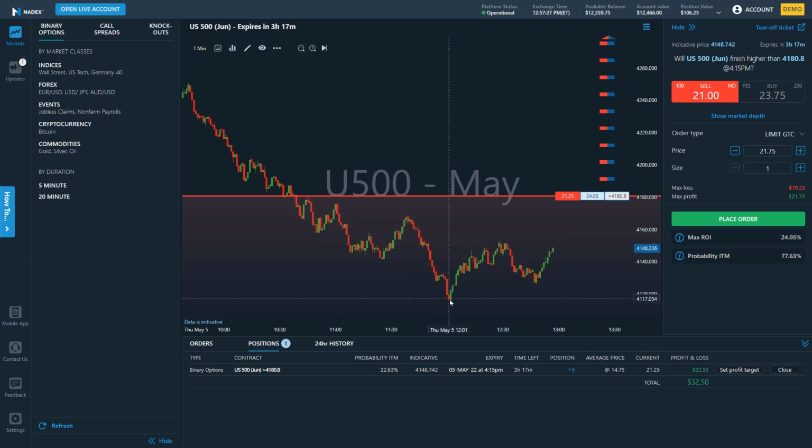I bought these before we started. It went up. Could I just take my profit now? It's not a high probability that it's going to go to 100, but the fact that I bought them at 14, I might just say, you know what, maybe these ones I want to set a profit target,